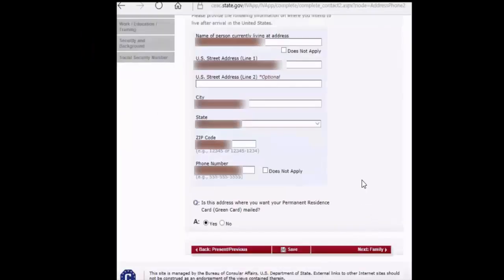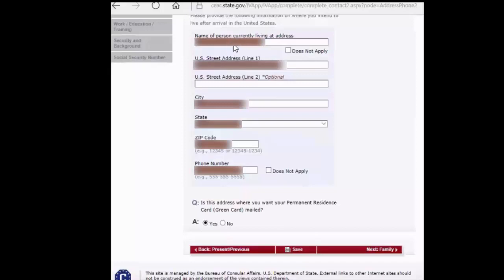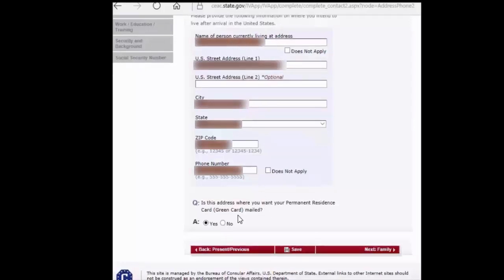In this section, you have to provide your complete U.S. mailing address where you intend to live when you arrive here, and the person who is currently living there, and his or her phone number, street address, city, state, zip code. Make sure that information is valid. This is the same address where the U.S. Immigration Office will send you your green card. Here it is asking you whether you want your green card to be mailed to the address listed above or